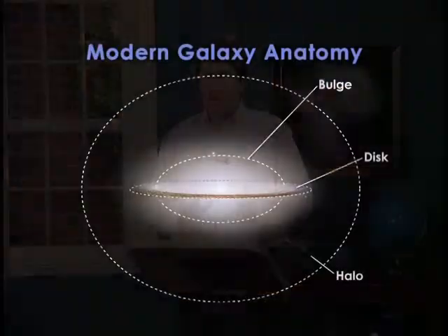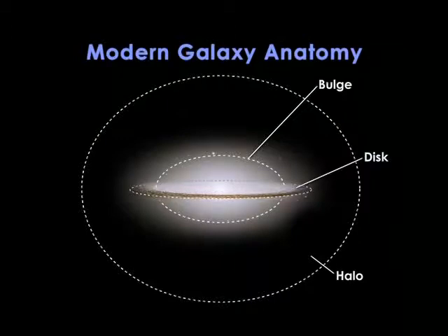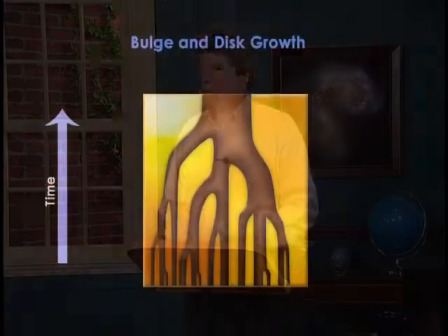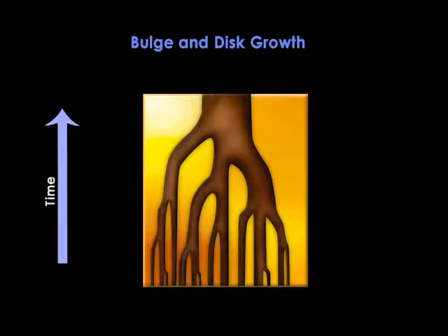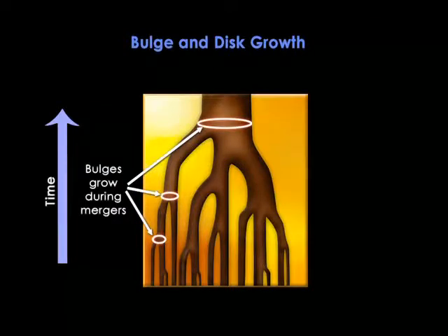Let's now shift gears and look at how the primary parts of a modern-day galaxy gain their identity. The huge dark matter halo, a roughly spheroidal bulge of stars, and a relatively flat rotating disk made from both stars and gas. How were these components assembled? Well, in a sense, we've already looked at how the halos and bulges form. They're thought to be assembled during the initial collapse and ongoing collisions and mergers. If we use our merger tree from last lecture, the halos and bulges are growing at these intersections during mergers.